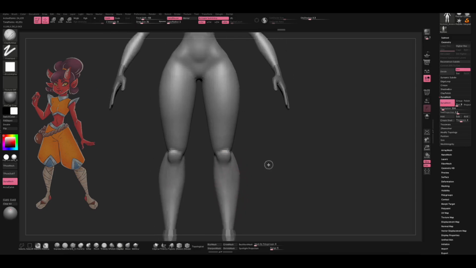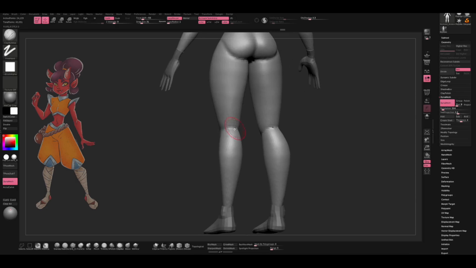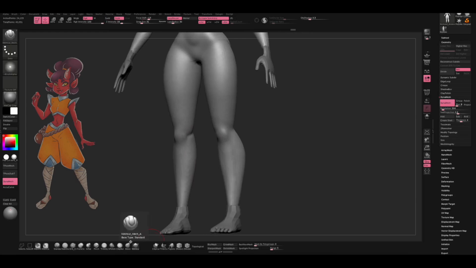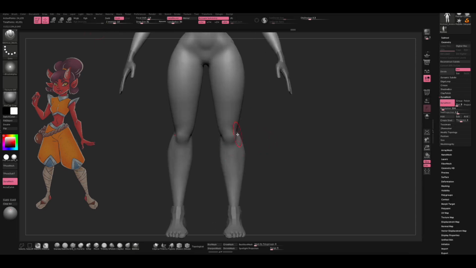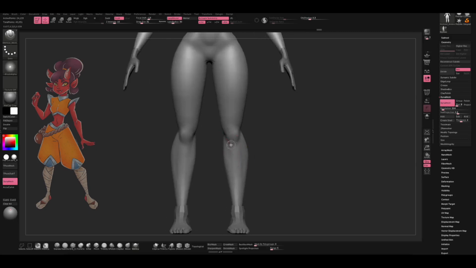Now let's grab the clay build-up brush, set its intensity to about 10 or whatever you like, and let's start sculpting. I'll start with the legs. I usually jump from one part to another, working on the whole body, so this helps me to maintain the same amount of detail all over the body. So here I'm carving the details around the knees,